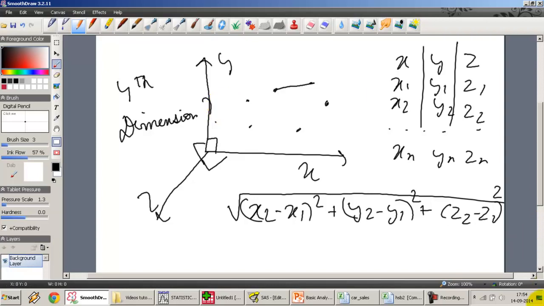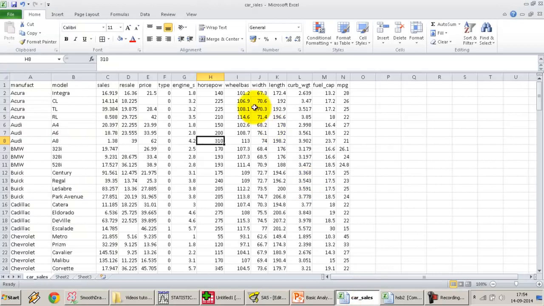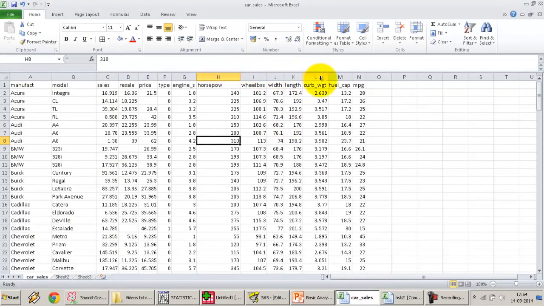For example, I've got a data set over here. If I want to measure a car on horsepower, wheelbase, width, length, curb weight, fuel capacity, now I'm going to more than 4 dimensions. I'm going into multi-dimension or multiple variables. So how do I actually measure a car or project a data set which has more than 3 variables